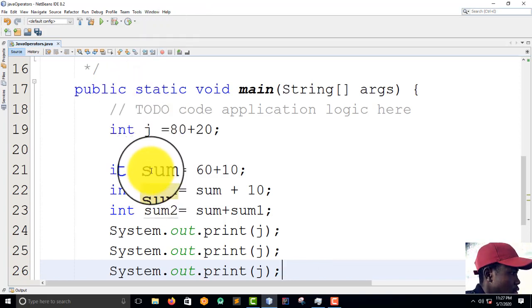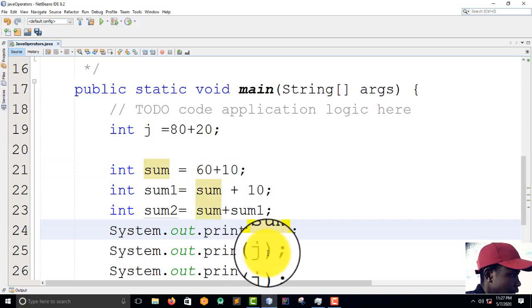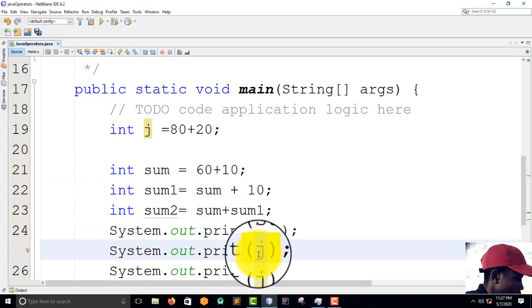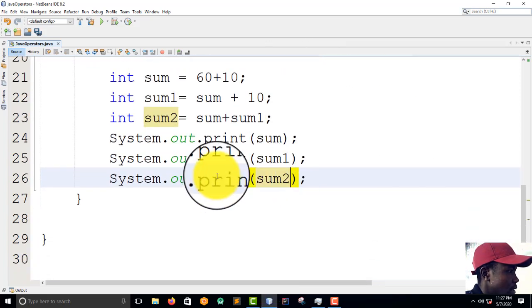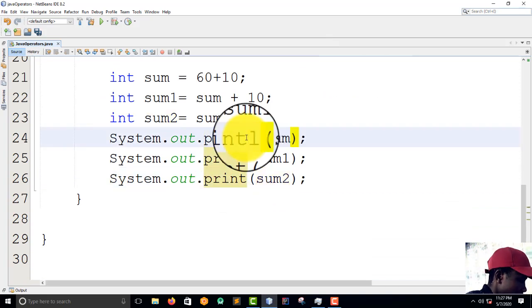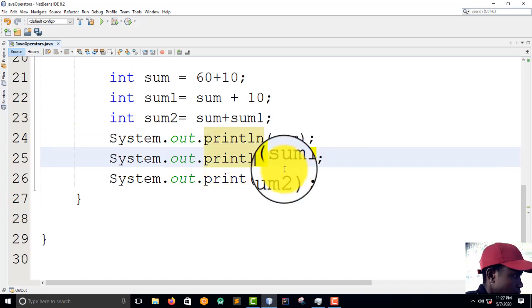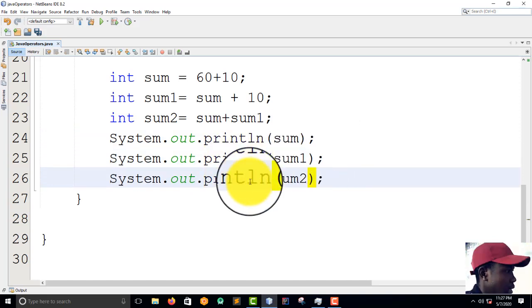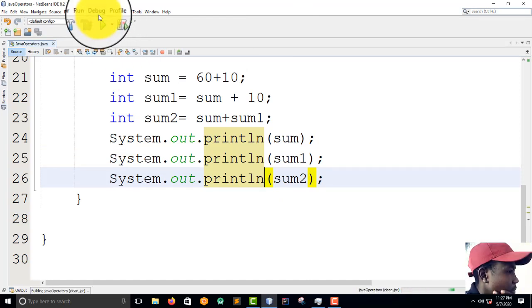Okay, then I want to print the first sum here, and the second sum, sum 1 here, and sum 2, right? Sum 2. So what else? I want to print in a new line. So let me do this new line so that you can see it clear. Okay, let me value is one.